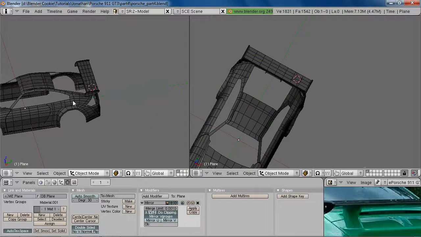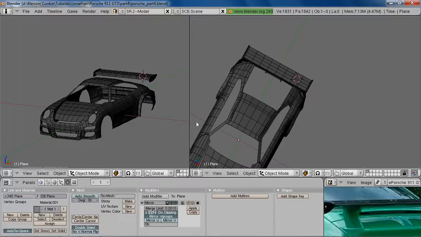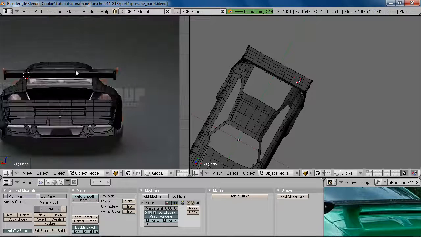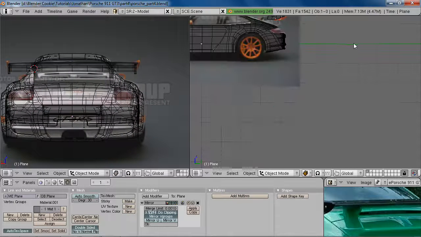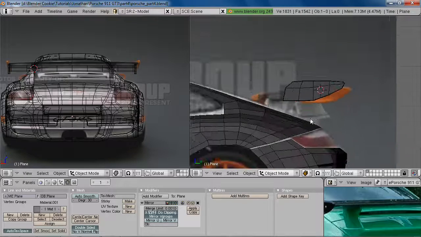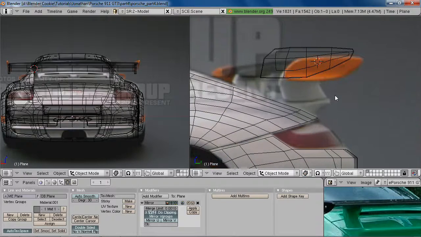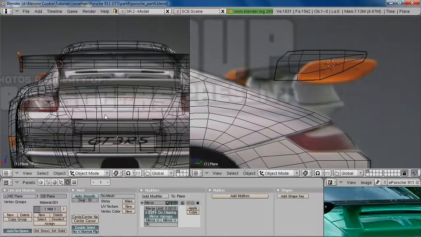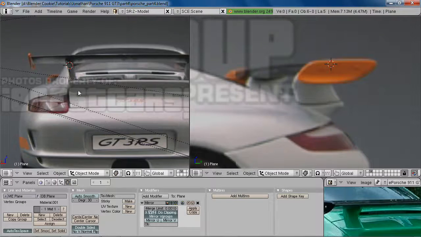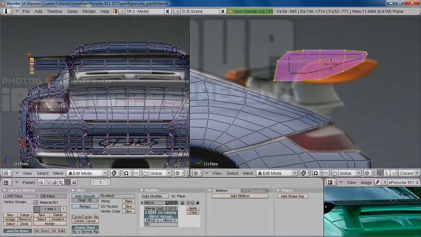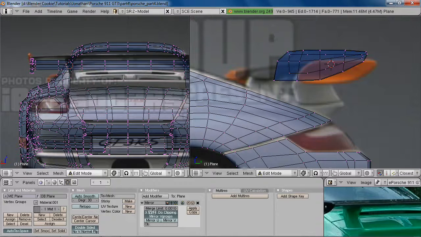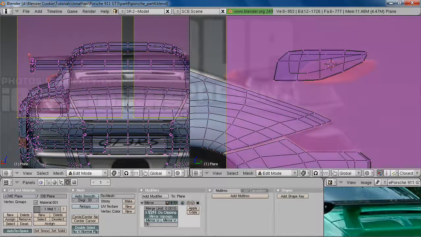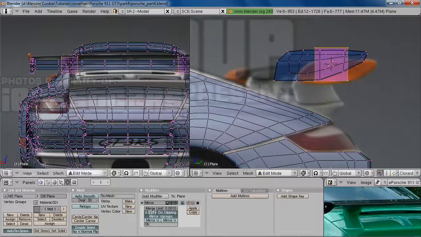You'll notice, obviously, that doing little things like this, even the very simple details, really starts to bring the whole thing together pretty quickly, so this is kind of fun. Okay, we're going to continue, and what I want to do now is add in the support beams for the spoiler, so we'll do the same thing. We're just going to add a cube, and you'll notice that our cursor is already pretty much positioned, so we'll just add a cube, and then scale it down, scale further along the x-axis to what appears to be about the right width,